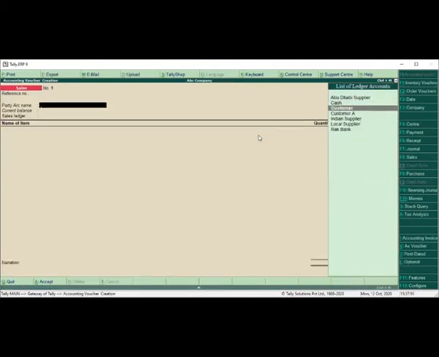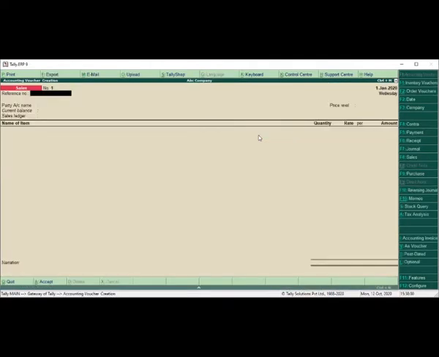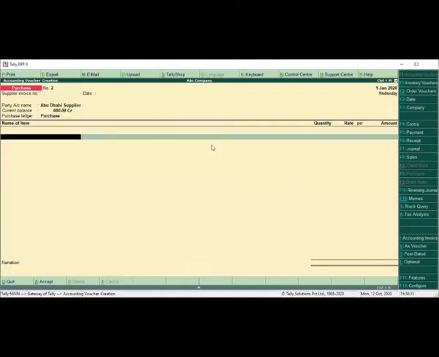So let's see, if we are recording the transaction. Coming to the recording of the transaction, go to accounting voucher. In the accounting voucher, you can see on the right hand side we have all the voucher types. If we go to purchase, in the purchase we have 3 different voucher types. This is the item invoice mode. On the right hand side we have accounting invoice mode.